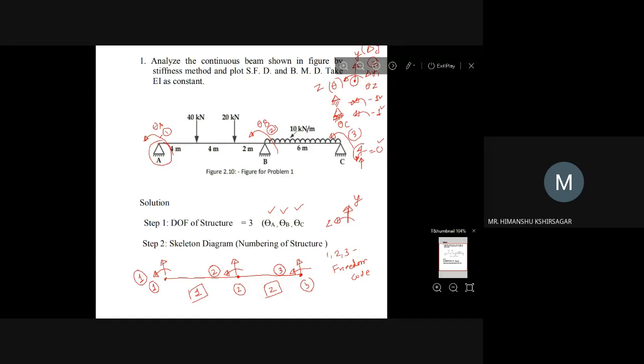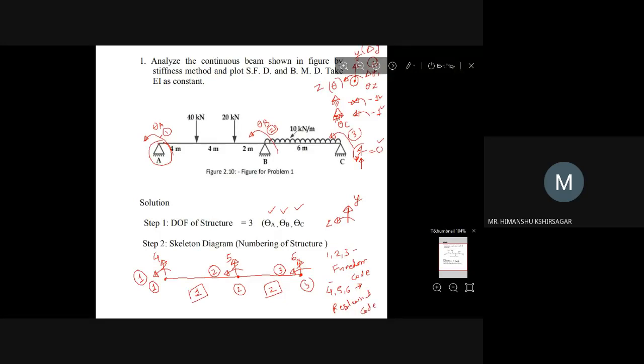After that you come to the left node 1 and complete this Y direction coding. So 1 2 3, then after that there will be 4. This is restraint. Then in Y direction again 4. After that there will be 5. This is again restraint in this direction, and 6 in Y direction. So 4 5 6 are the restraint codes. Okay, 4 5 6 are the restraint codes.